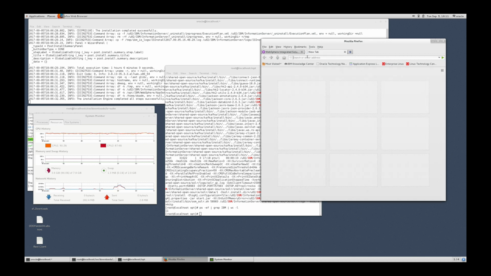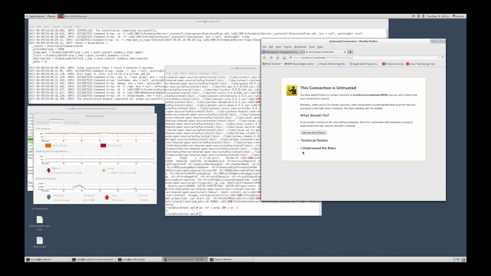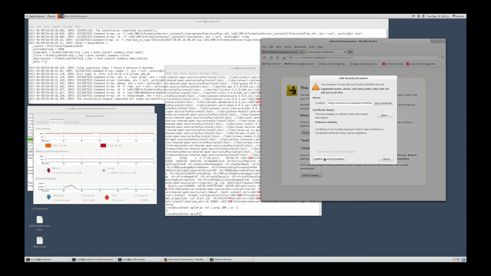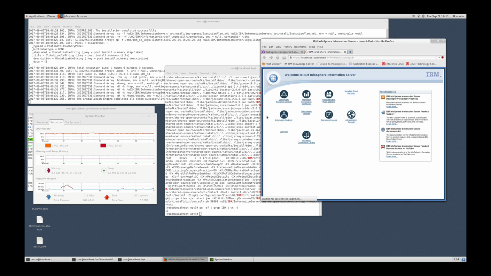Similarly, if you want to go to your information server console, that would be https://localhost.localdomain:9446/ibm/iis/launchpad. Again, for this particular URL, we also accept the self-signed certificate. And this is our